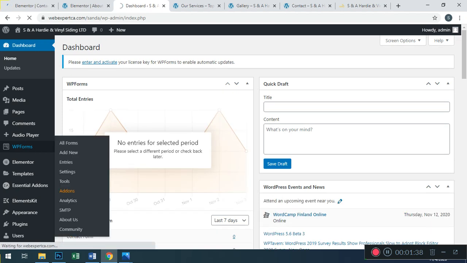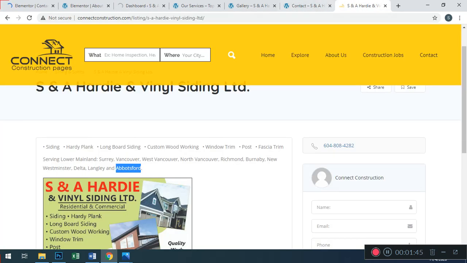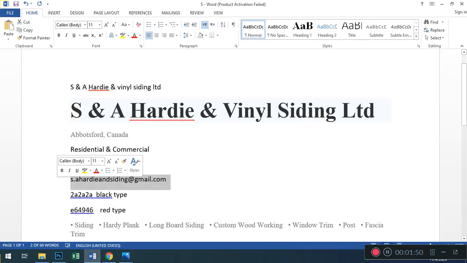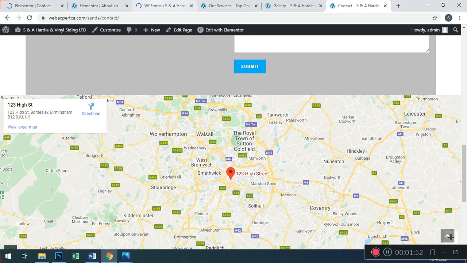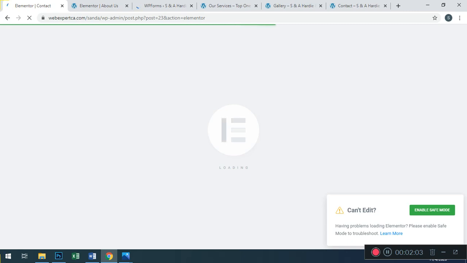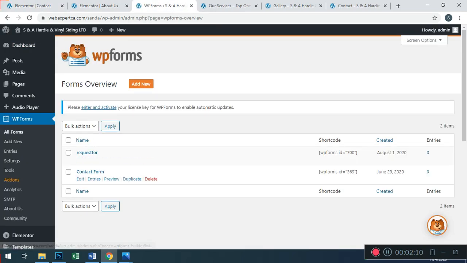There is a WPForms form, and I want to change the email address of those forms. This customer email address is not needed, so I'll change it in WPForms, All Forms. Please wait, the system is loading the page. WPForms loads: request for callback and contact us.